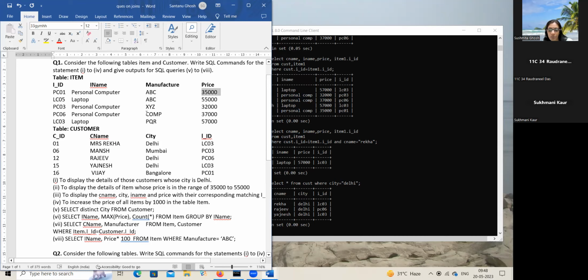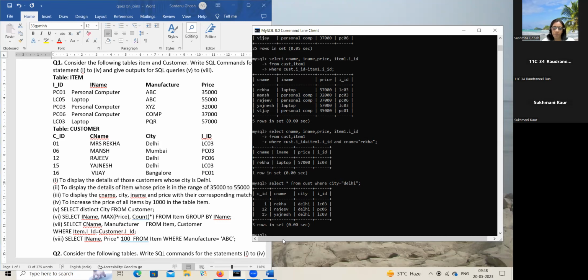It is the same table only, individual. No, the question doesn't say otherwise. It says display the details of items whose price is in this range. It is not saying display the details of those customers who have bought items in this price range; in that case it would be a join. Simple. So here I say select, again it hasn't said which details, so everything, from item where price between